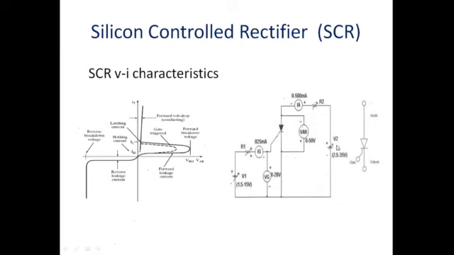If you apply a 5 volt DC supply here, this multimeter will record almost 5, or 4.9999 something, so I will consider it as 5. If you make this 6, same thing, no changes. J1 and J3 are still forward biased, J2 is still reverse biased. So the entire 6 volts is applied between anode and cathode. So no current, no voltage drop across this load. I can say that the entire thing is given to the switch only, across the switch.